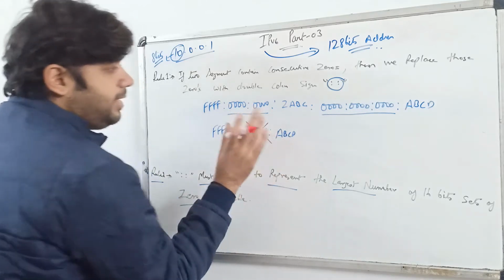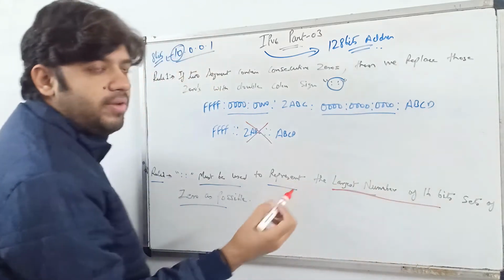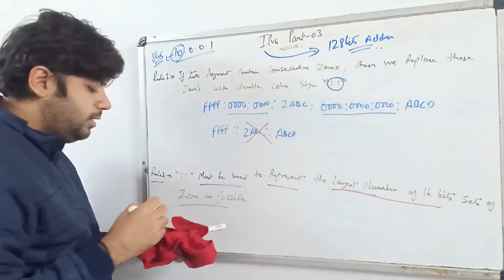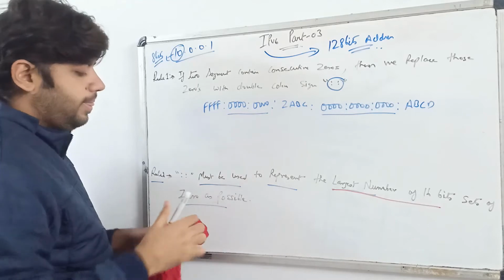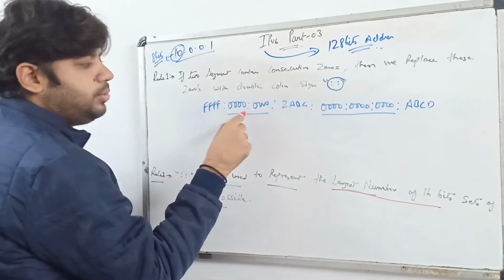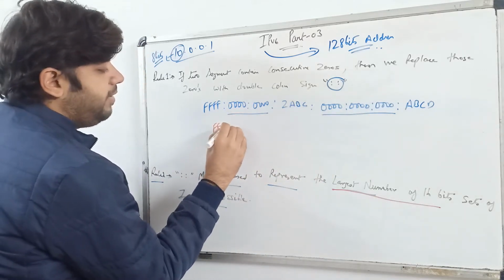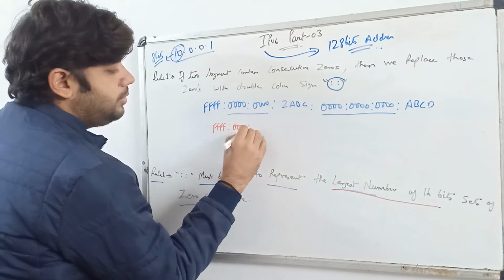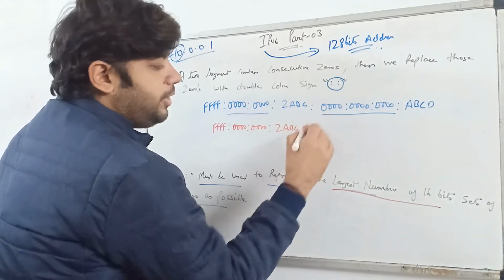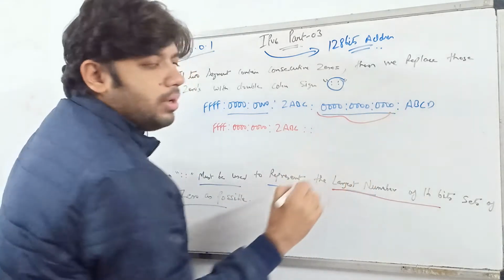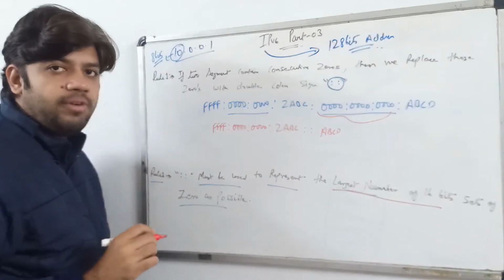Understood? So if I need to use double colon, where can I use it? Where we have the largest set of zeros. If you look closely, there we have 2 zeros and there we have 3 zeros. So I go for f, then 0 0 0 0, and then we have 2a b c, and then we can use double colon over there. For this we use double colon, and then we go for a b c d. This is the correct form of abbreviation of IPv6.